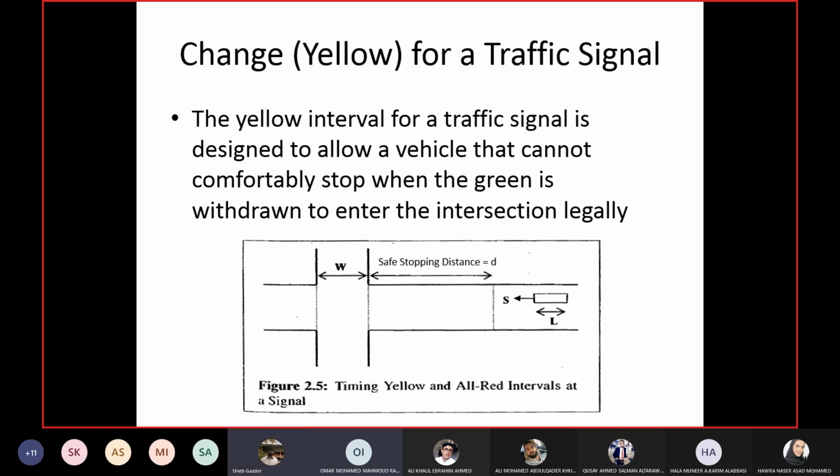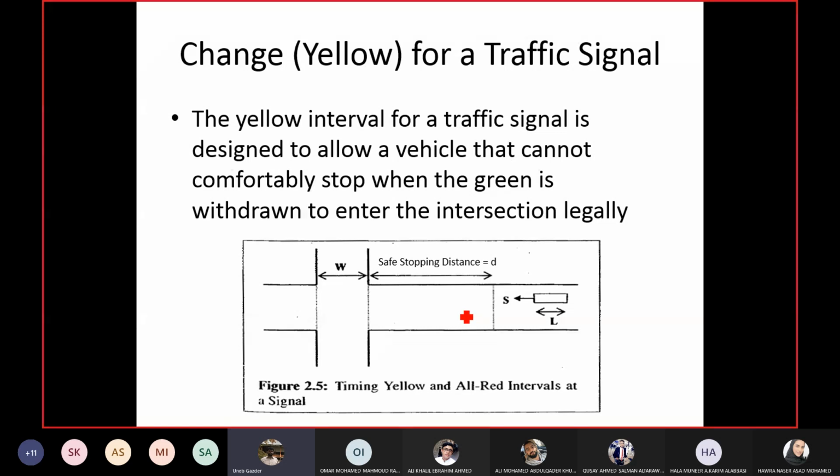Yes. Without any yellow interval, it's a warning, right? It's a warning to the driver. The signal is about to turn. Right now, decide whether you want to go or stop. If the signal goes from green to red, the driver doesn't have any warning time, then he cannot stop in one instant, right? Yeah, very true. Now, which driver should not stop at yellow?